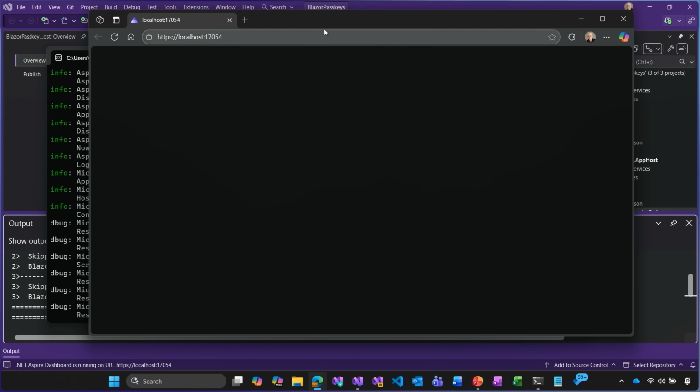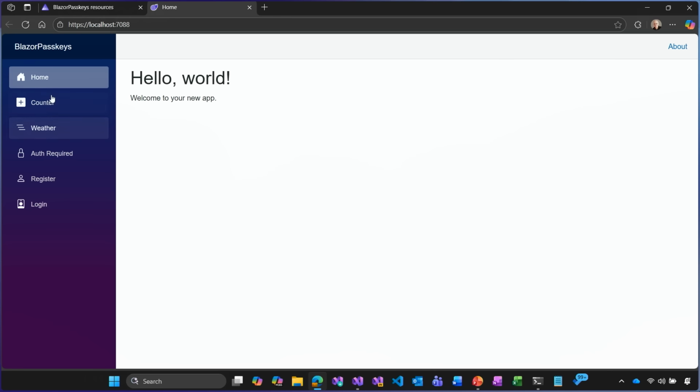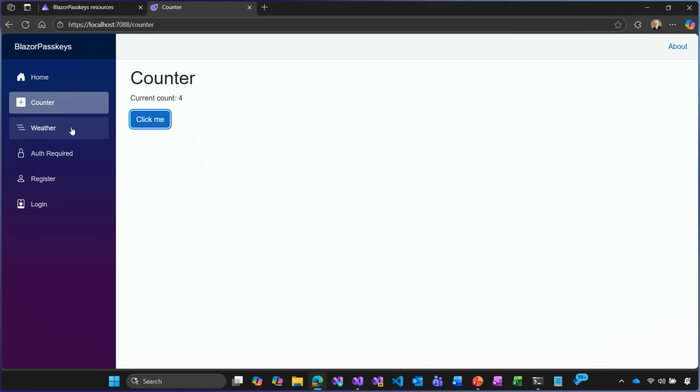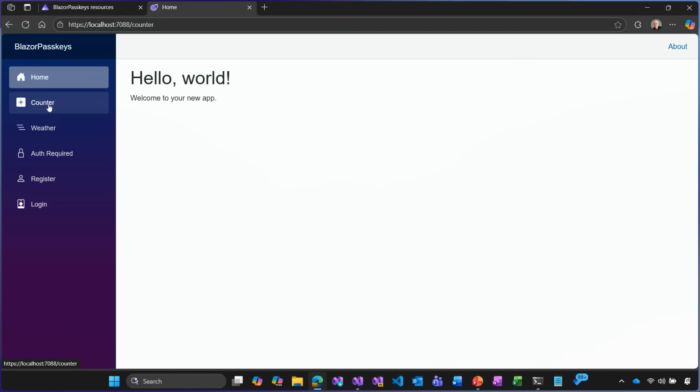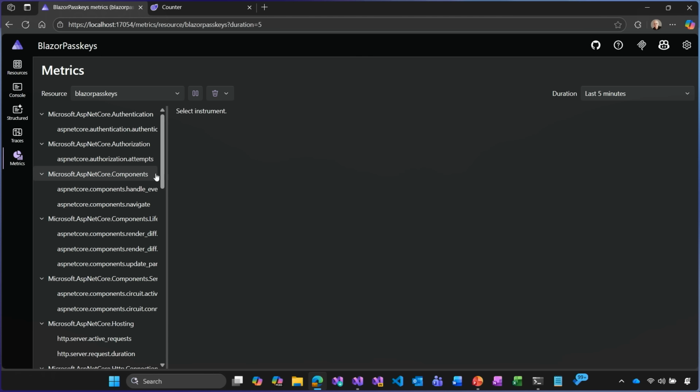All right, cool. All right, so here we've got the Aspire dashboard open. And let's go ahead and browse to the app, which shows up as one of the resources. Here's our app. And let's just create some data by clicking around a little bit. Browse to the weather page, back to the home page, back to the counter. There we go. OK, so now if we go to the metrics tab, we should be able to see all